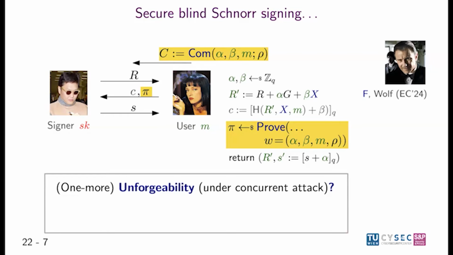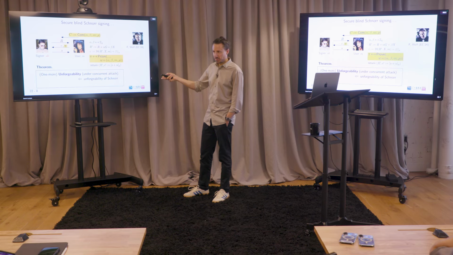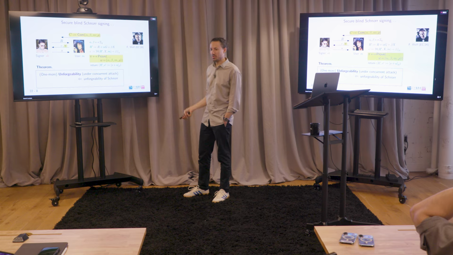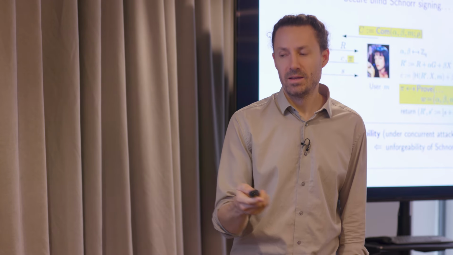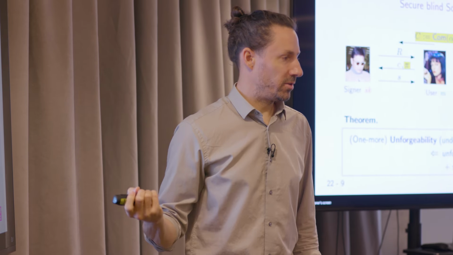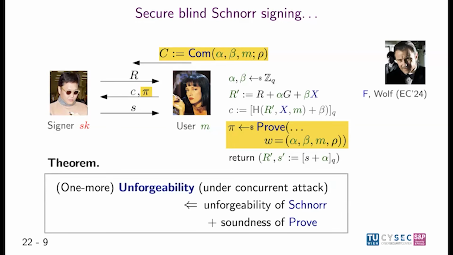It turns out that it does not only break the attack, but you can actually prove that that makes the scheme secure. So we show that you get one more unforgeability if you assume unforgeability of Schnorr, which for cryptographers is kind of a bad assumption, right? It's interactive, but in practice you wouldn't use a blind signing protocol for a signature scheme that's not secure, right? So that's kind of a minimum assumption you make on your system anyway. And you need to assume soundness of your proof system. So there are no other assumptions or idealized models or anything.